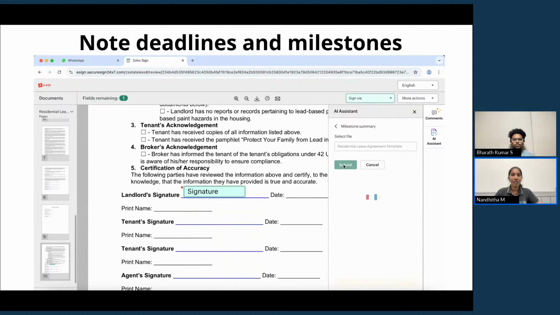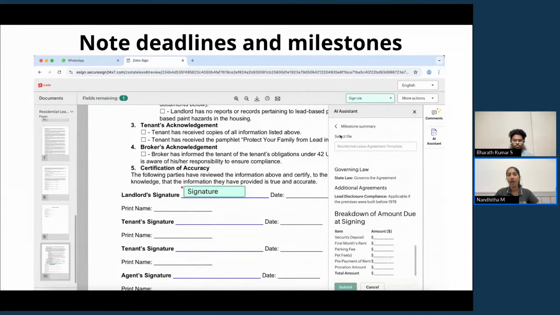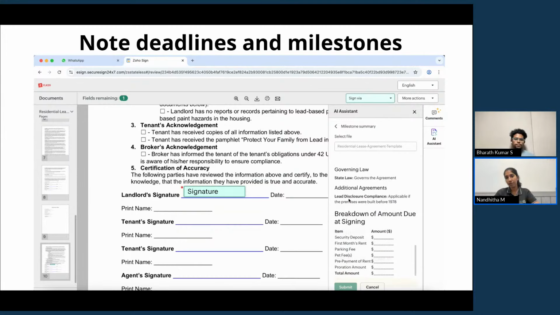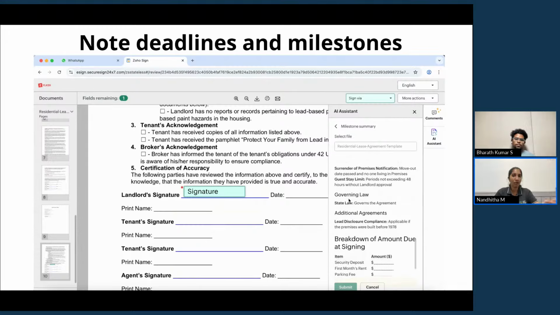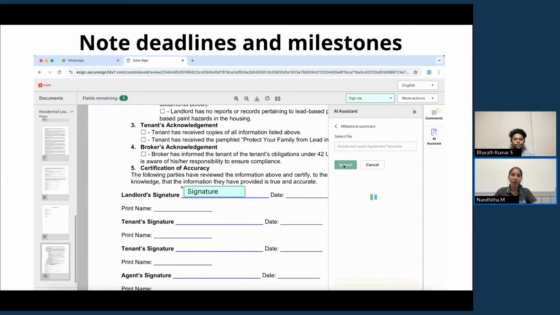Next up is very important for people like me, because we tend to forget deadlines and also want to be notified of whatever is happening with regards to a document. So for people like me, this will be really, really important. This feature helps you to denote deadlines and milestones. So it gives you a summary of the different milestones achieved in a document, as well as of deadlines, or anything you might have to adhere to. So you have no chance of missing out on important milestones or deadlines that are a part of a document. So it becomes quite easy for you.